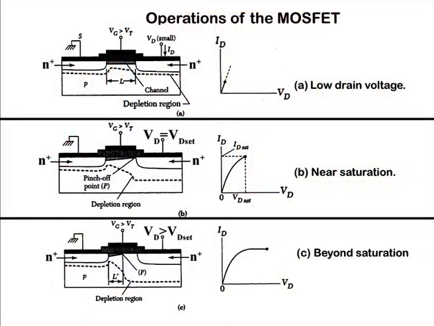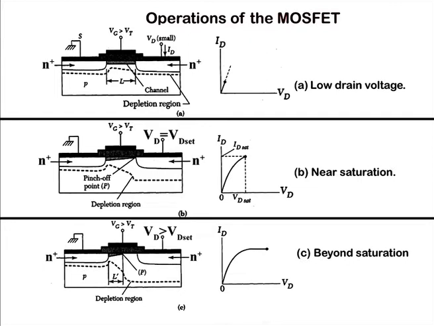So, now we will come to the operation of the MOSFET. Here we have applied sufficient voltage, and now our gate voltage is greater than the threshold voltage. So, the channel is already formed between the source and drain. If our drain voltage is low, initially the current will increase linearly, following Ohm's law, V equal to IR, and we can see the depletion region. Here the depletion region from source to drain is almost uniform at low voltage, but if we increase the voltage, the depletion region will increase